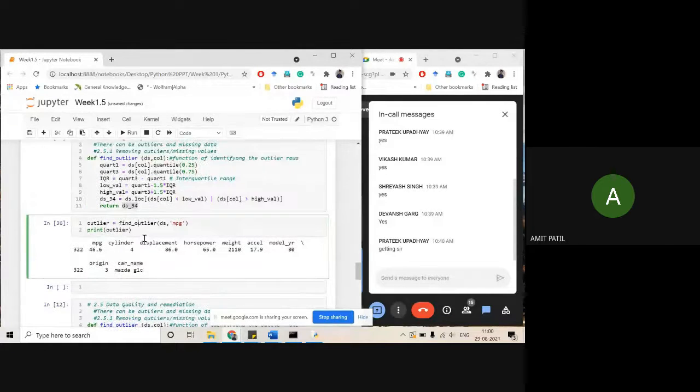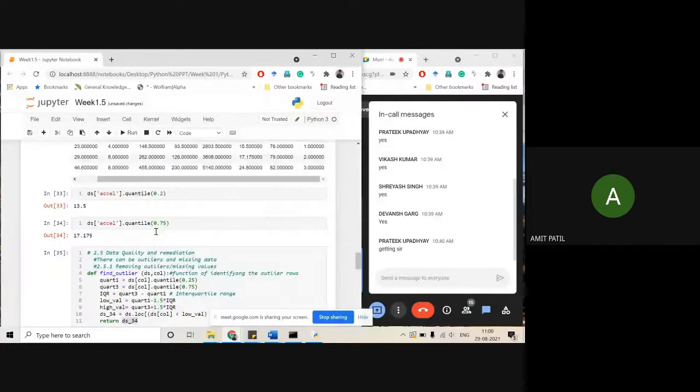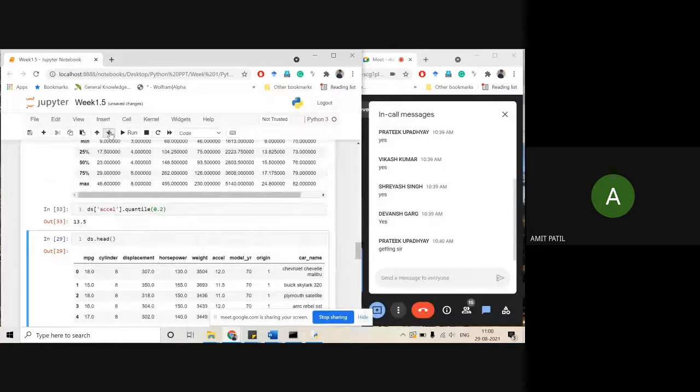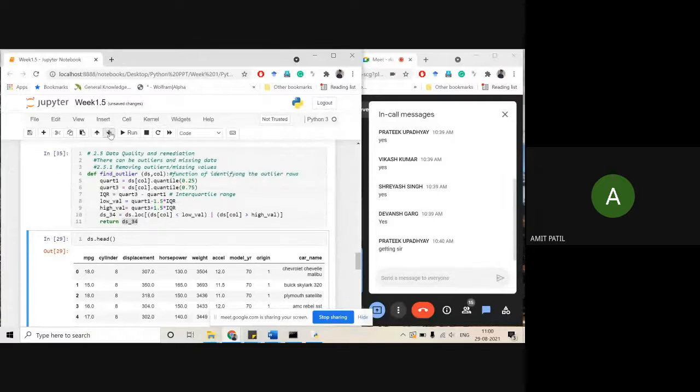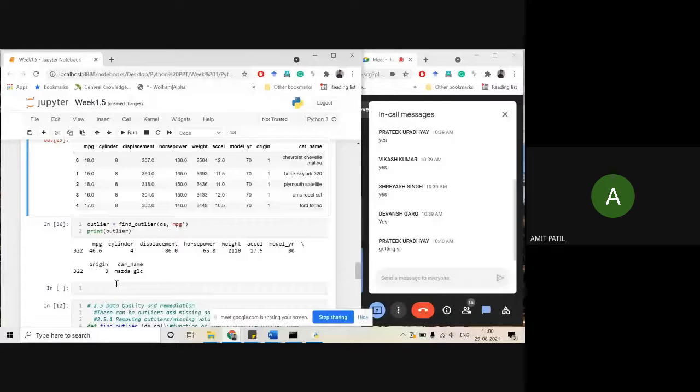Now if we need to interpret this output, for the mpg value, the index is given here.